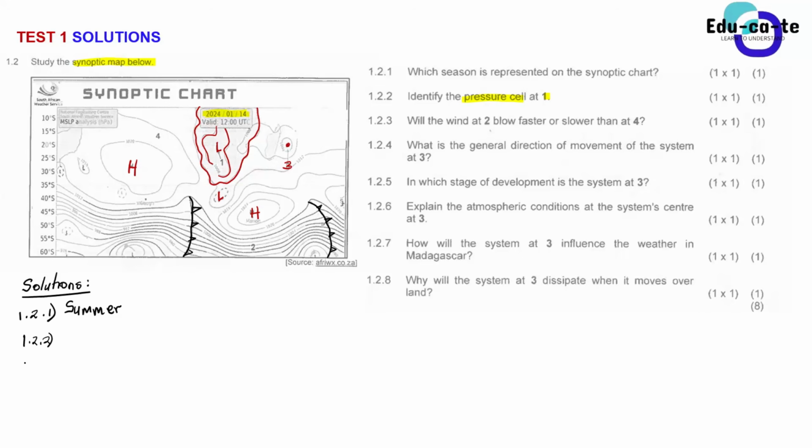Yes, Telmo. So, will it be fine if, like I said, thermal low? Yes, it's known as a thermal low. So the low pressure, you guys learned this low pressure in grade 11. That is why I didn't even explain it so far. So basically, if you find a low pressure cell in the middle of the country, or in the land or on the land, it is known as the thermal low pressure cell. It is only found during summer, guys. So the fact that it is summer and there's a low pressure in the land means that this is definitely the heat low, or a thermal low.